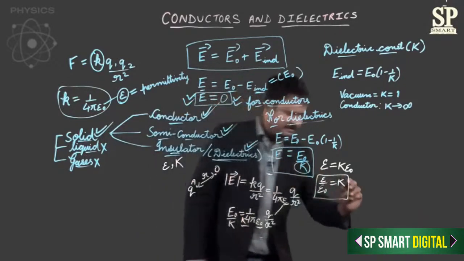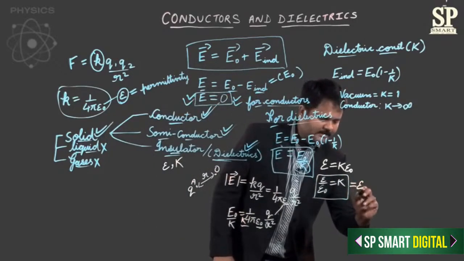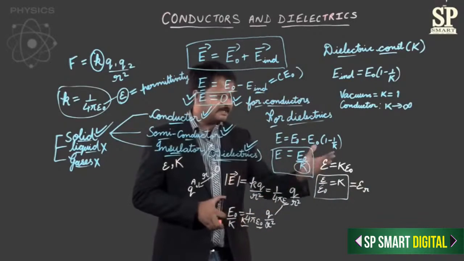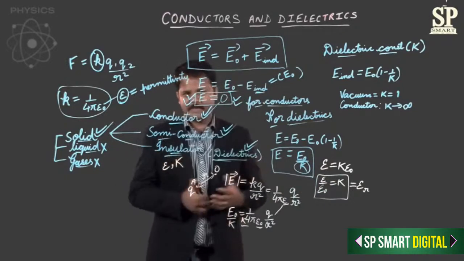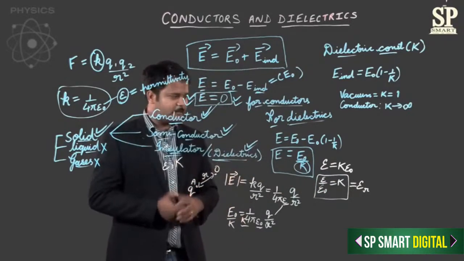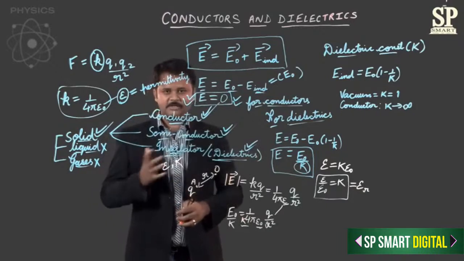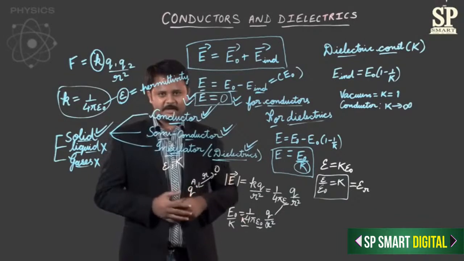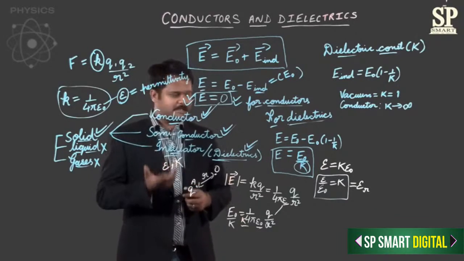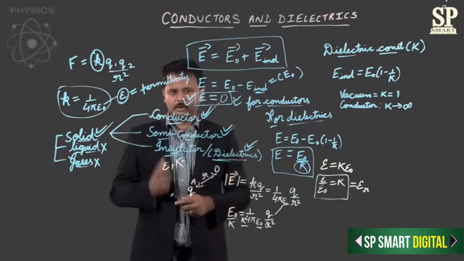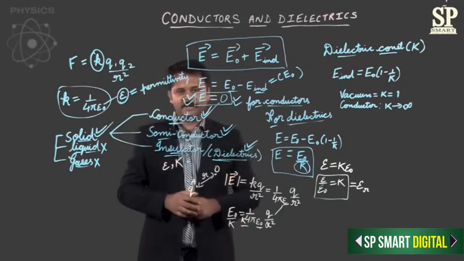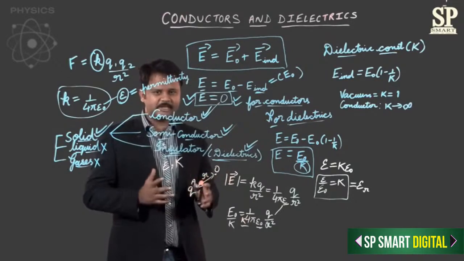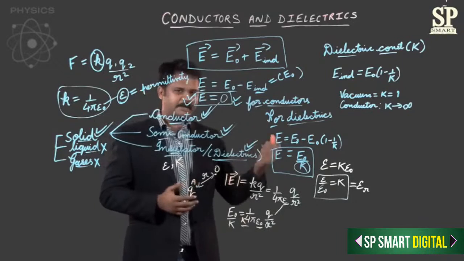So we can use another symbol to denote this. Let's call it ER. So this is a very important relation that we've obtained, that K is equal to ER. So if I were to speak this relation in simple English language, I would say that the dielectric constant of a material is equal to the relative permittivity of that material with respect to vacuum. So these are two terms we've seen that they are closely related to each other, this term permittivity and the dielectric constant. And we've also seen in this particular session how different materials behave